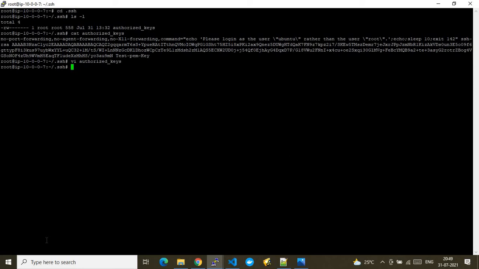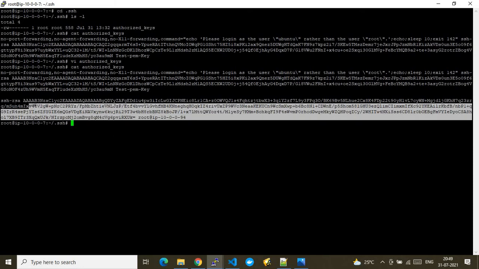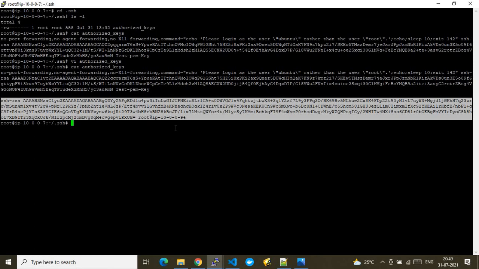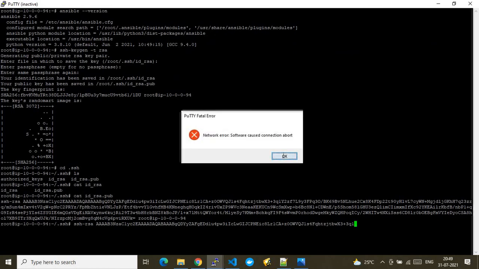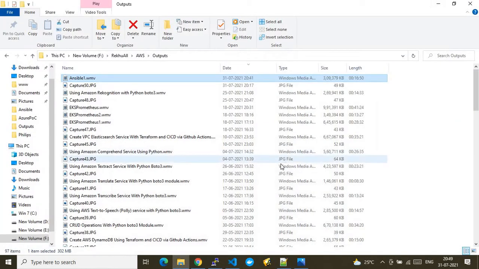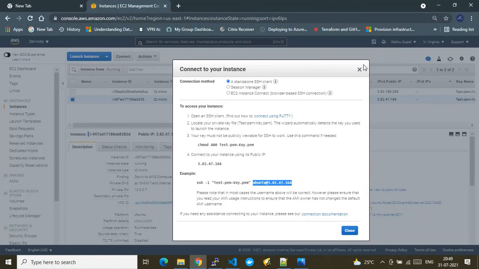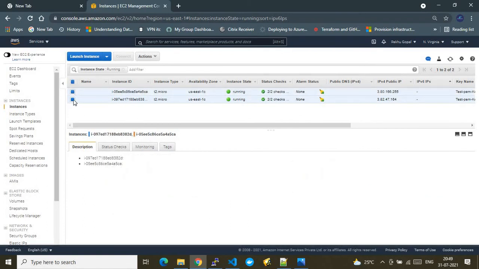Finally, let me do a cat of this authorized_keys file and see. Yeah, here you go. Here we see that the authorization key has been set under the authorized keys of the Ansible client node. Now let me go back to my master node again and see. The master node access has been revoked, so I need to log in again. Let me relog into this.